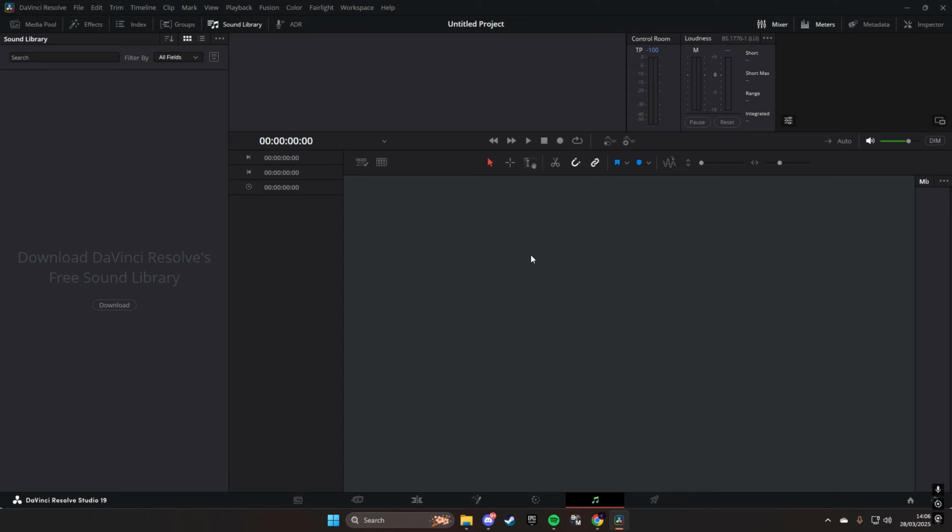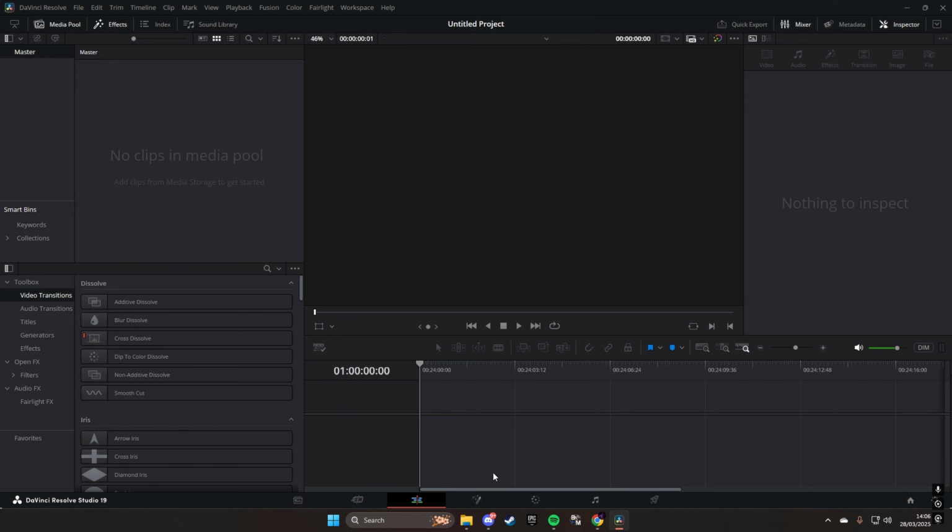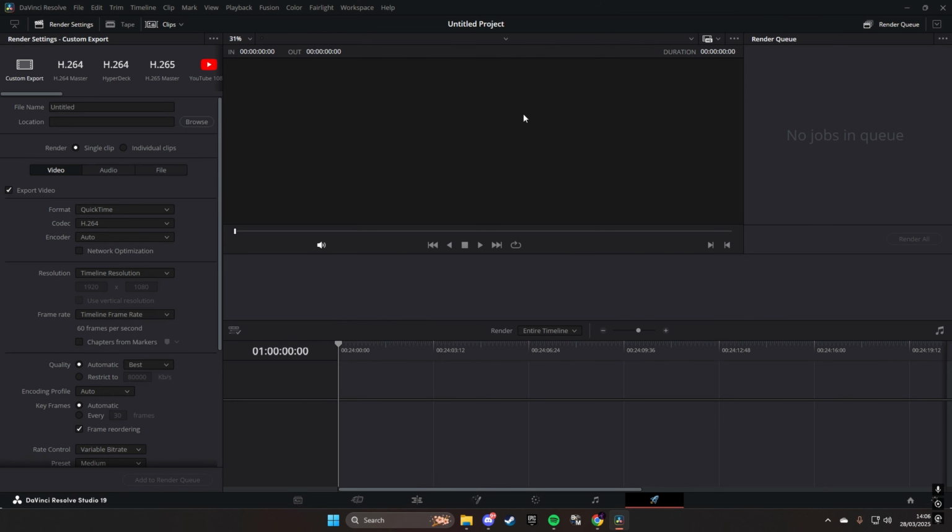This is where you can keep track of what audio is being played in your video. Again, I never use this menu because I can look at the audio in the edit tab. And finally, but certainly not least, is your rendering/publishing tab. This is the tab that we're going to need to come to at the very end when it comes to